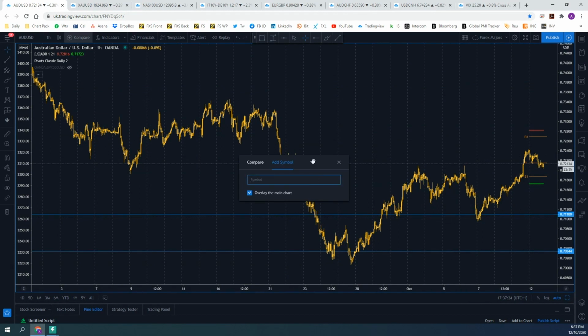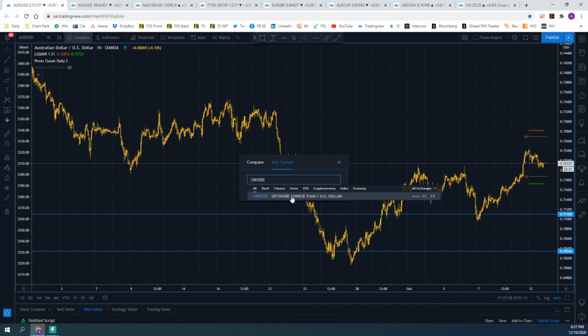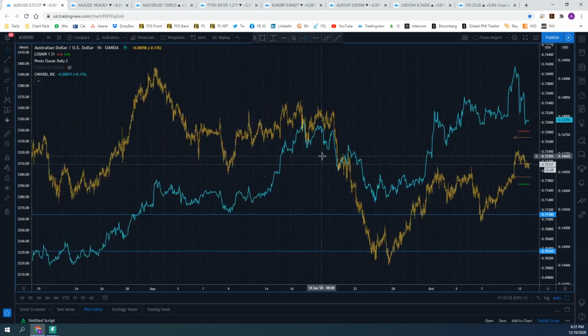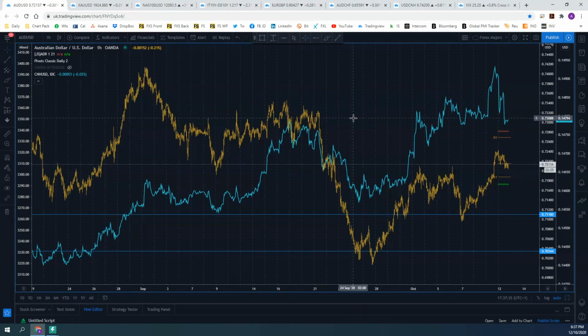So let's just put on the Chinese yuan versus the dollar here for a sec. And you can see that we normally have that strong correlation between the two, because the Aussie dollar is normally seen as that proxy for overall China sentiment. So, if the RRR is cut or hiked and it impacts the Chinese yuan, it can also impact the Aussie dollar and to some extent also the Kiwi dollar.